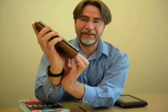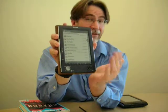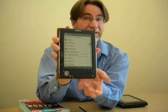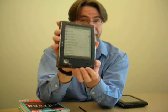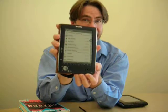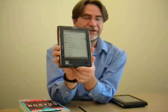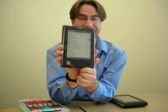One of the nice things about this device is that this particular screen from E-Ink is not backlit, so it doesn't fatigue the eyes very much to look at, but it also doesn't use a lot of energy from the battery. So if you're just reading books, a charge on this will last quite a long time. You can take it on a flight with 20 or so books and hardly ever run out of juice while you're using it. I would say in general the drawbacks to this device are the monochrome nature of the screen,